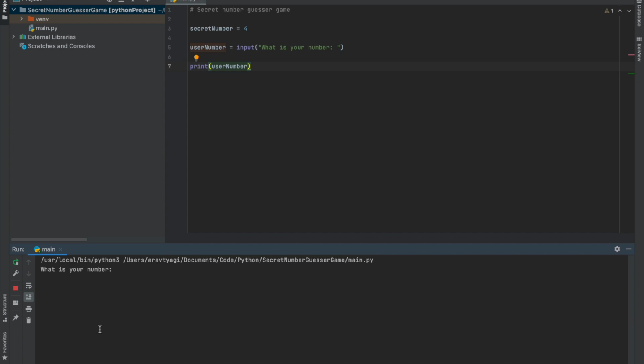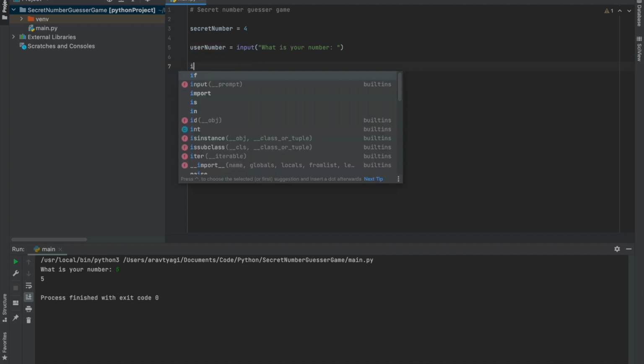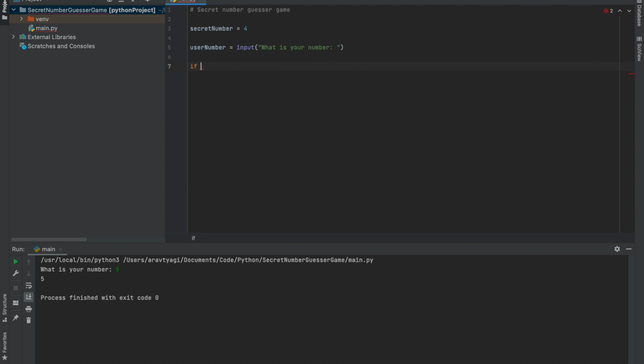So let's print 5 and we get 5 printed right back to us. All right, well, we know how to use input, but why don't we actually use it in our game, right? So let's use a simple if statement, and let's do if user number is equal to secret number, then print